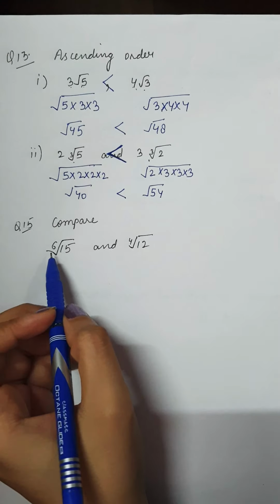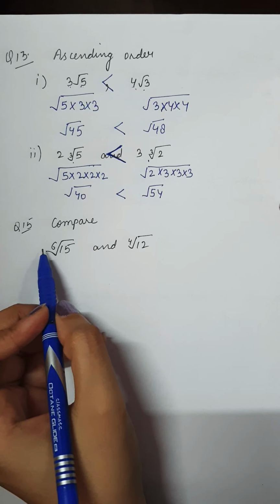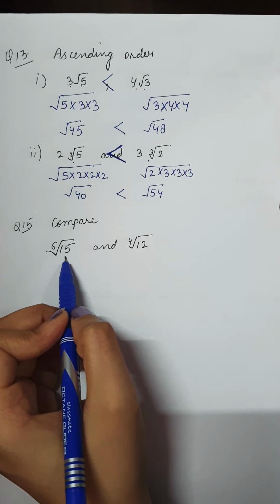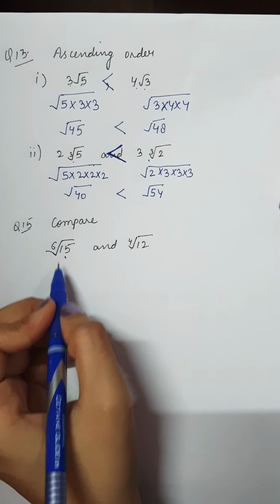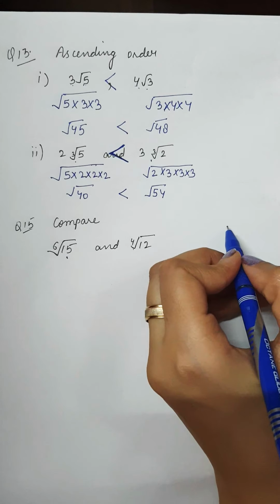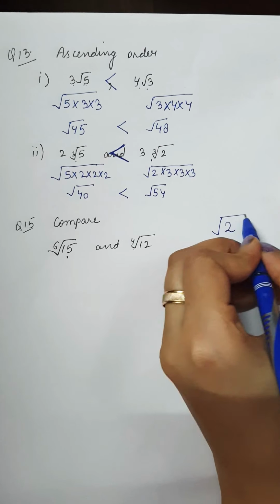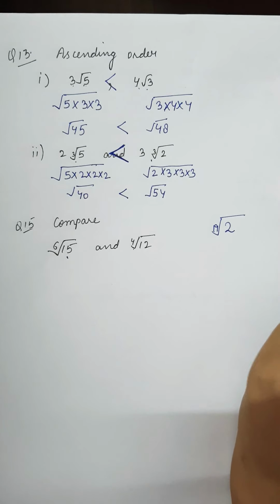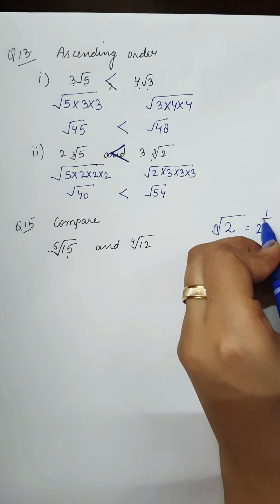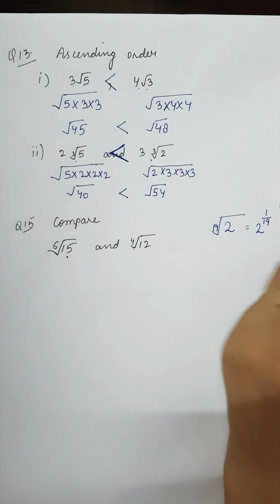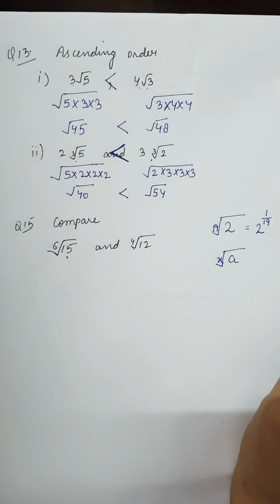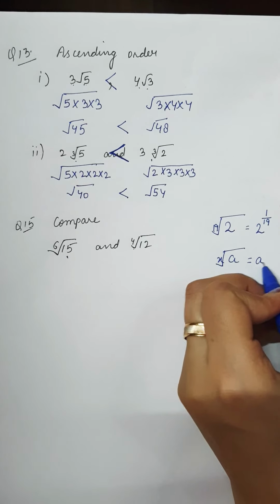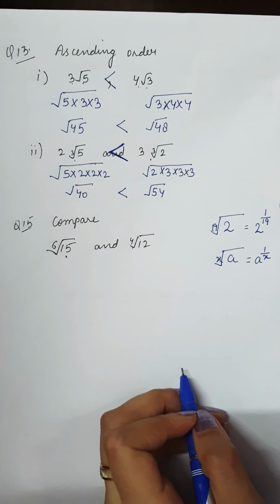Next question, compare 6th root of 15 and 4th root of 12. This is not 6 multiplied by root 15. This is the 6th root of 15 and this is the 4th root, because the numbers are written inside the roots. So how to represent it? First of all, you need to understand, if I am writing, say, the 19th root of 2, I can write it as 2 raised to the power 1 by 19. For any number, say a, that has an x root, I can write the root number as a fraction in the power.